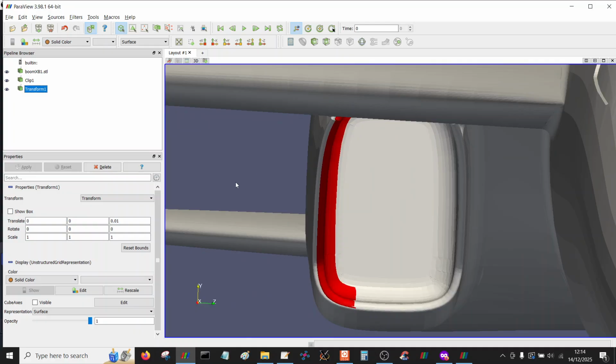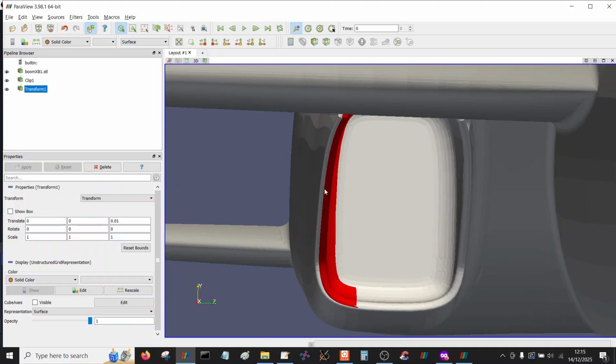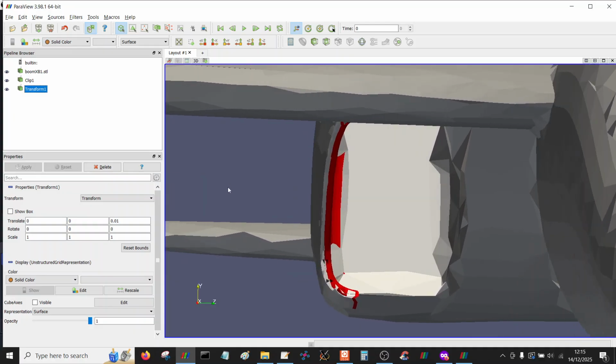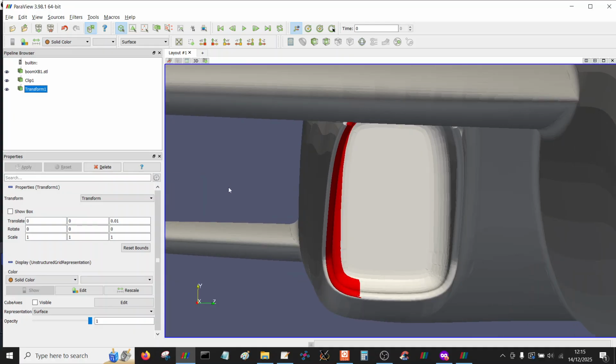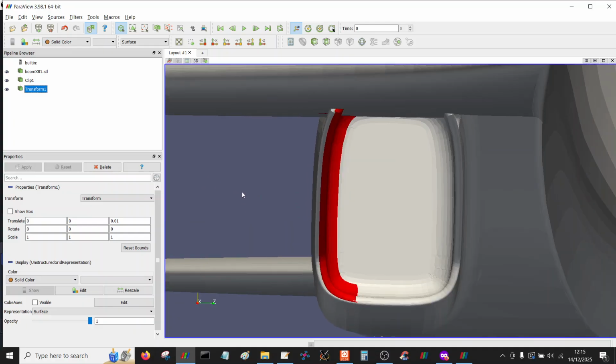Now, from an aerodynamicist's point of view, this would not be considered very good, because you're obviously changing the leading edge shape here. But for the sort of quick and rough and ready simulation that I'm doing, I think it might be quite a good option just to add a little bit of thickness to the intake here. And so what I will probably do is just add 5mm to it,